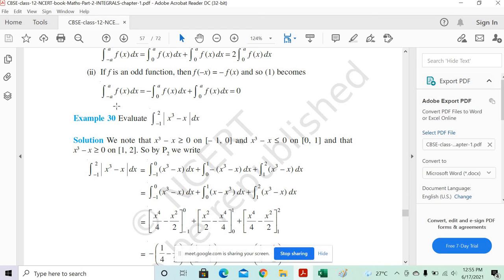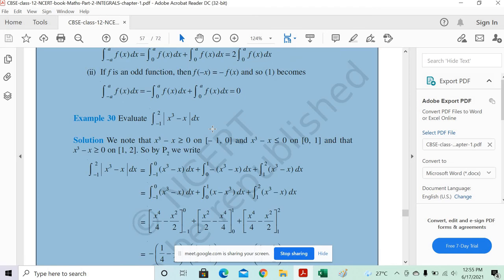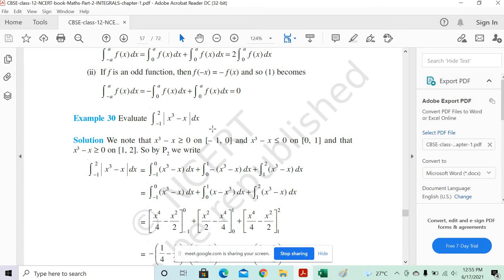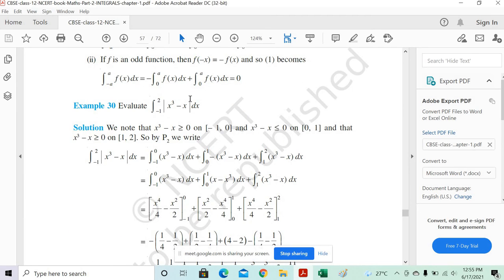Let's go to example number 30, Vijay. It's not straightforward, but basically we need to take the absolute value of it. So here we need to change the integration part. This is not based on any property rule, but here we just need to apply the absolute value rule, because the absolute value of x square minus x has to be greater than 0, then only the absolutes are right. So we need to check the limits basically, because we need to apply the limit from minus 1 to 2. In between that, this entire absolute value of x cube minus x should give you the positive value.